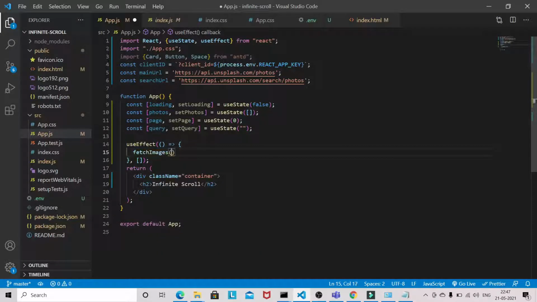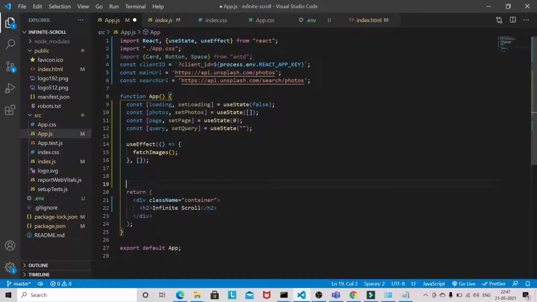So this function we have to write because we will be using async await. So we cannot use async await inside the useEffect. So we'll have to do it in a separate arrow function.